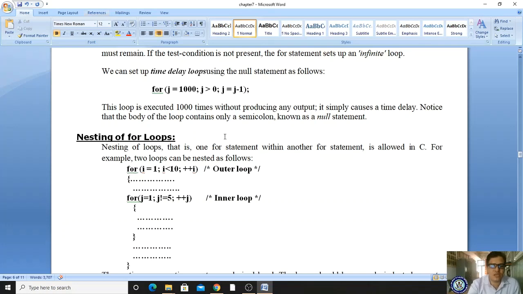Now we will see the syntax of the nested for loop. Here for, initialization, condition check. If the condition is true, it will enter into the body, which once again consists of one more for loop: initialization, condition check, and if the condition is true, this will execute. This block will be executed until the condition is false. Whenever the condition is false, the control returns to the outer for loop incrementation. Once the control comes to the outer for loop, the inner initialization value is automatically set as it was at first.